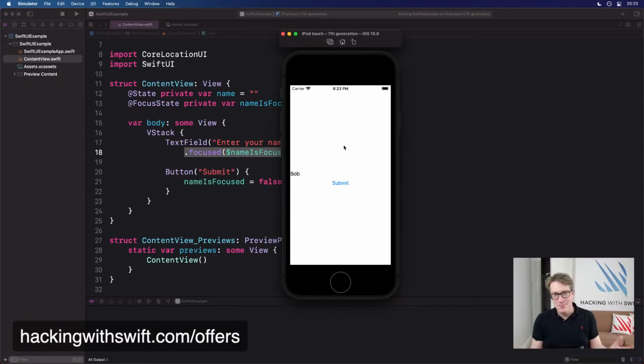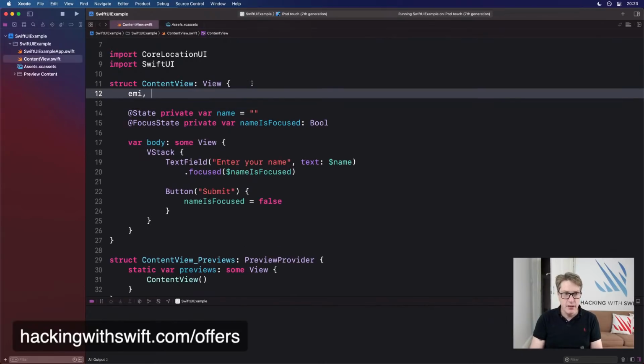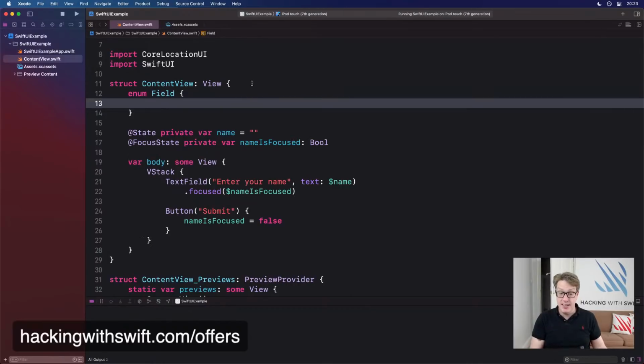Now, obviously, that's a very simple example, but for more advanced examples, you can actually make whole forms to track an optional enum. Work your way through the fields. Now focus this one. Now focus this one. Now we're done. Log in. And so we might say we have an enum up here called field. Which of our form fields is currently selected?